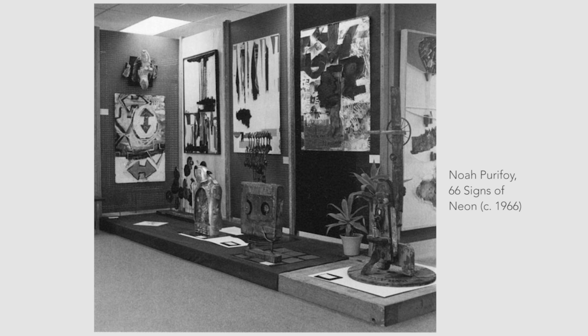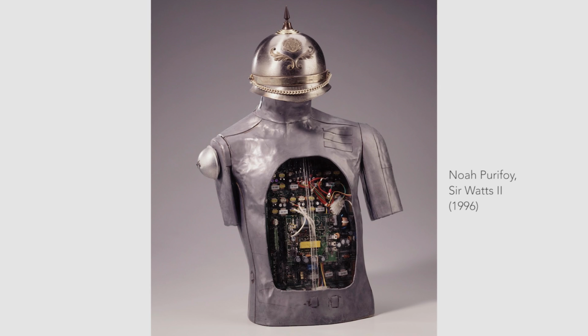Noah Purifoy was an African-American visual artist and sculptor. In the months after the Watts Riots Rebellion of August 1965, Purifoy and Judson Powell organized the exhibition 66 Signs of Neon, composed of works by 6 artists made from salvaged materials as a way to interpret the August event. For 20 years following the rebellion, Purifoy dedicated himself to the found object and to using art as a tool